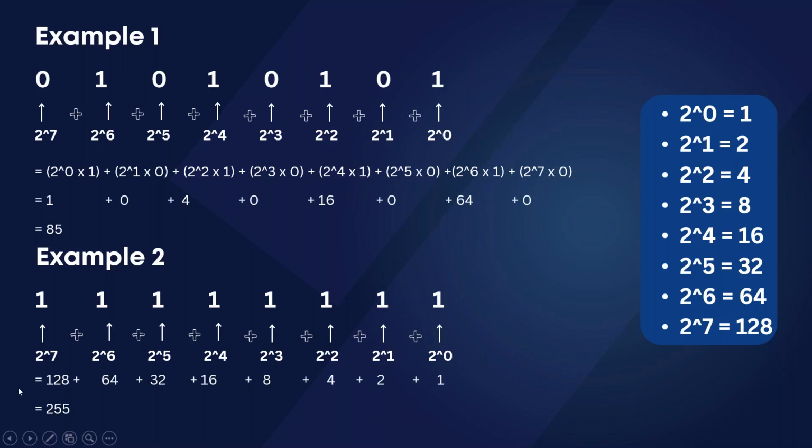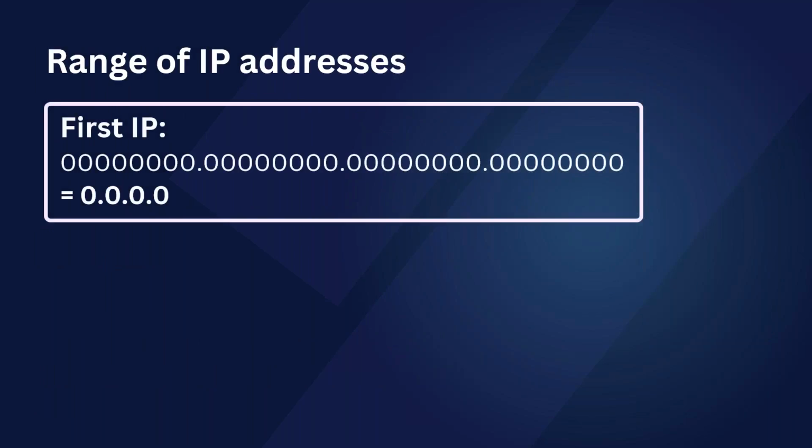Okay. Now, if you ever ask me why this is needed, why do we again need to understand this? The reason I've been explaining all this for the last few minutes is to understand the range of IP addresses. If you had to get to know what the first IP is, all you have to do is simply put all zeros everywhere. So in the first octet, all 8 zeros, second octet as well, all zeros, third and fourth octet as well, all zeros. And now when you convert that from binary to decimal, you get the first IP as